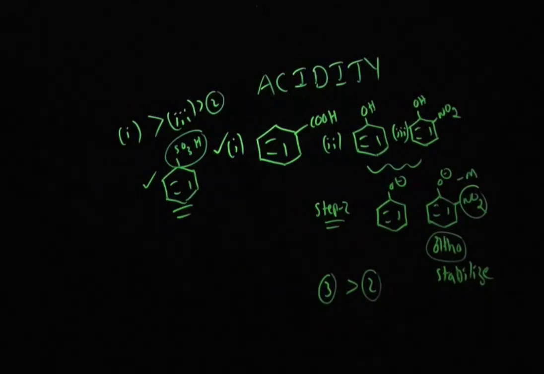Between the two alcohols, we then have to decide which one is more acidic. The remaining two compounds are both alcohols. In such a case, we choose the second step, in which we remove acidic hydrogen and check the stability order of the oxide ions. Clearly the third one, having the NO2 group at the ortho position, has a stabilizing factor. The stability order will be the acidity order, so the acidity order is also the same.